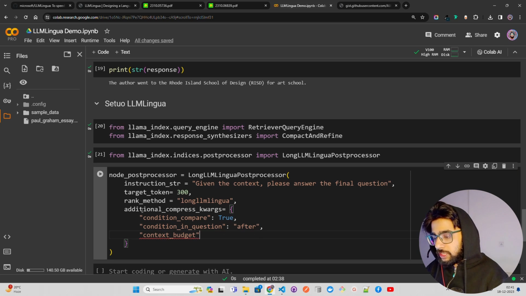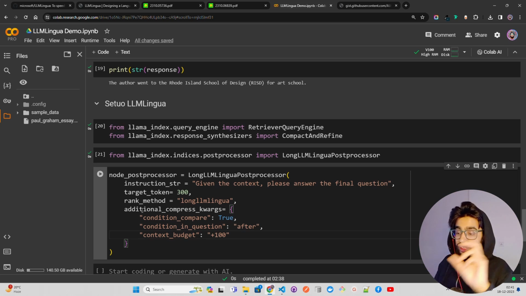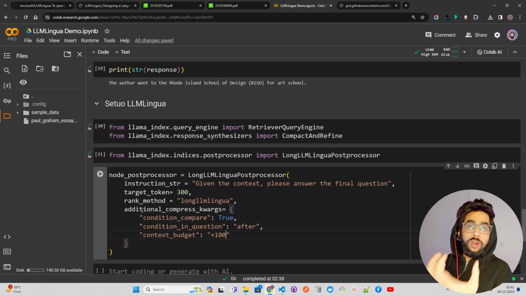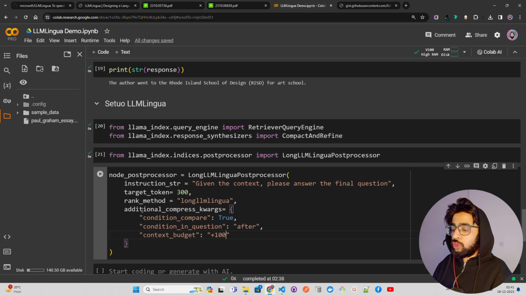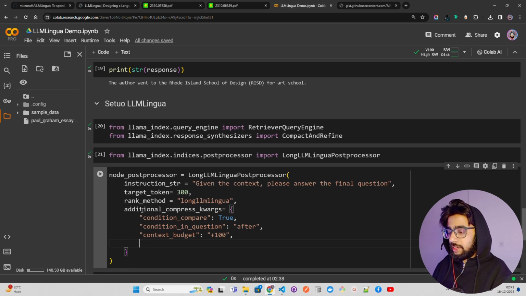What is the context budget? It's again an integer value, but the number is something you have to keep in mind: what is your context budget, the context length that you have. So context budget is plus 100, and after that,